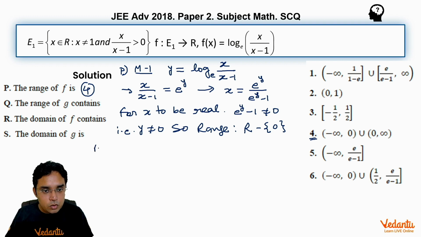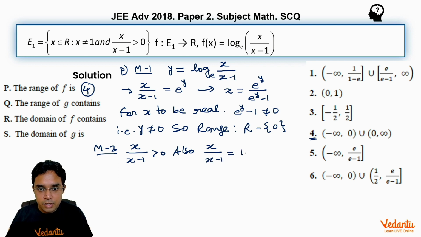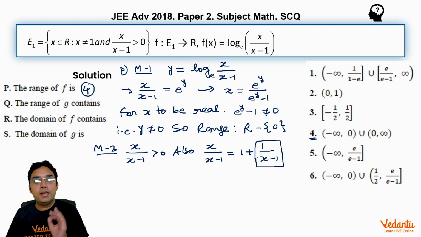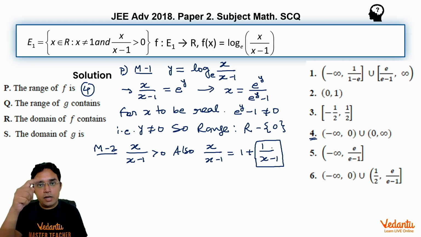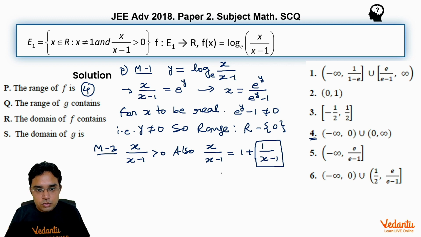Okay. Now my method 2, please listen carefully. We are given that x upon x minus 1 is greater than 0. Also, this expression x upon x minus 1 can be written as 1 plus 1 upon x minus 1. Now this 1 upon x minus 1 is reciprocal of a real number, so this cannot be 0 for any real x. But other than 0, it can take all values. We know its graph is a rectangular hyperbola where it cannot take value equal to 0, but other than 0, it can take all values. So this means this x upon x minus 1 cannot be